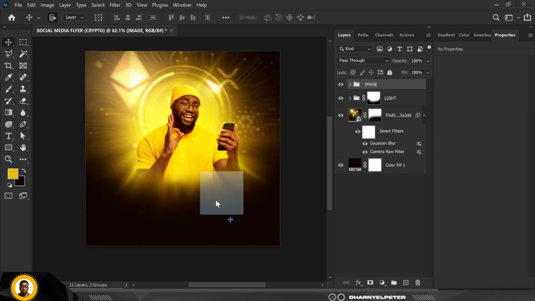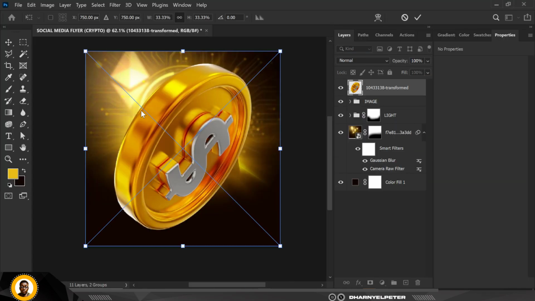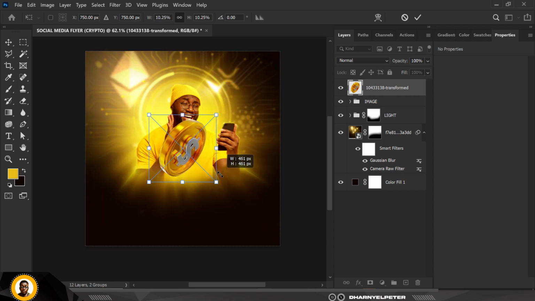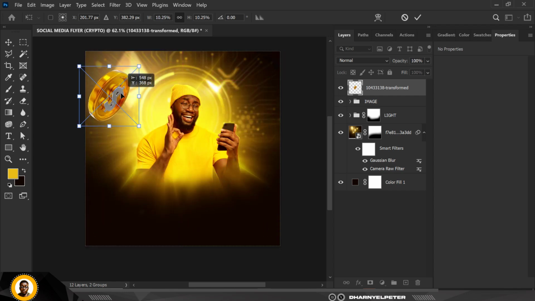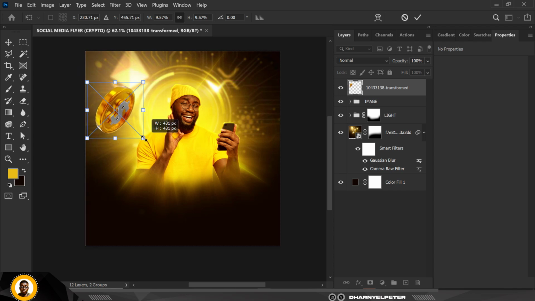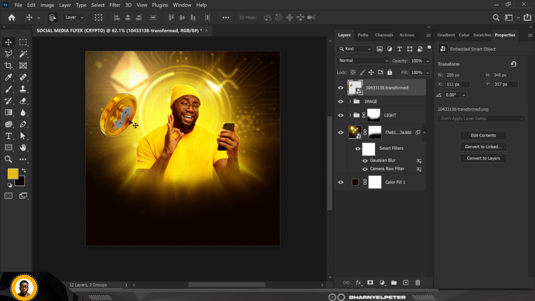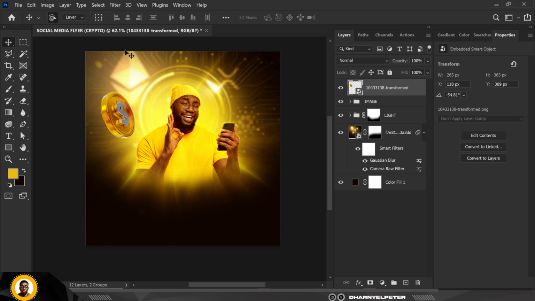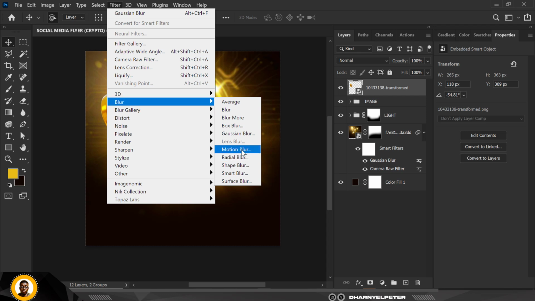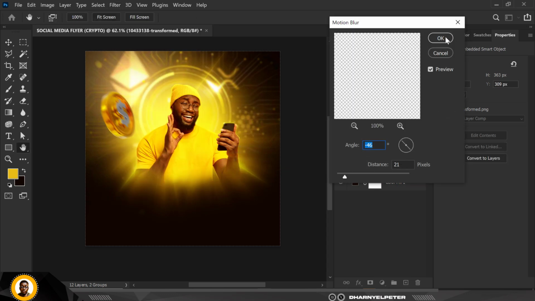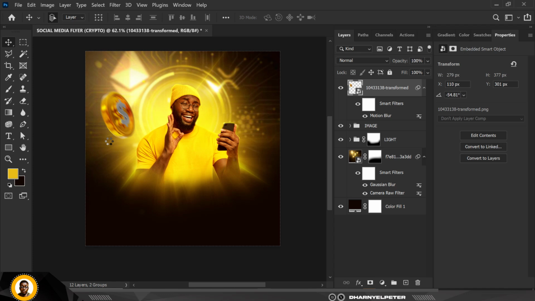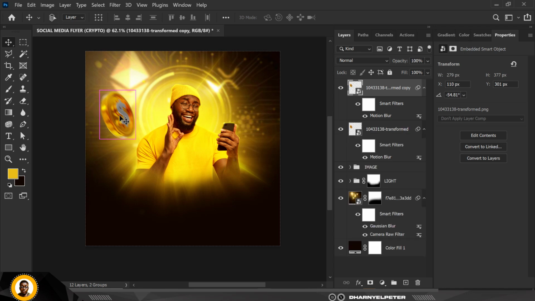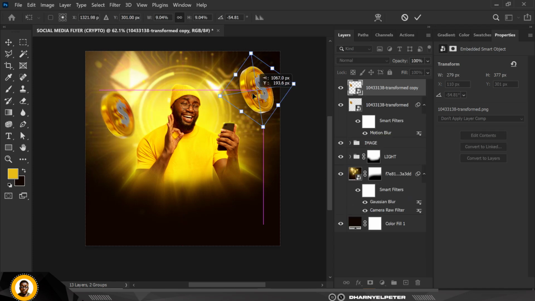So what I'm going to bring in is this image, just to spice up the whole design. Because the one at the background, we actually covered it up with this image of this guy, so I'm using this to compensate for what we have there already. So Bitcoin, add some motion blur to it. You can copy my settings. Make a duplicate copy of this, Ctrl J,